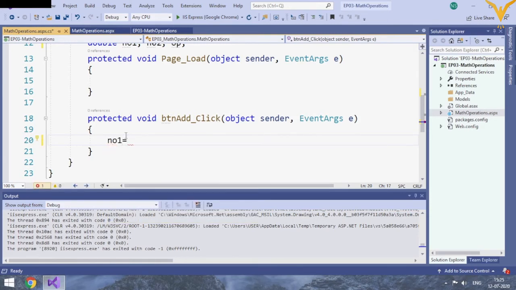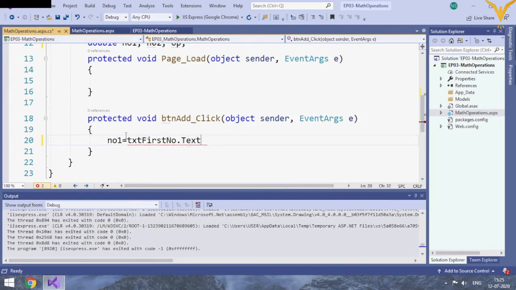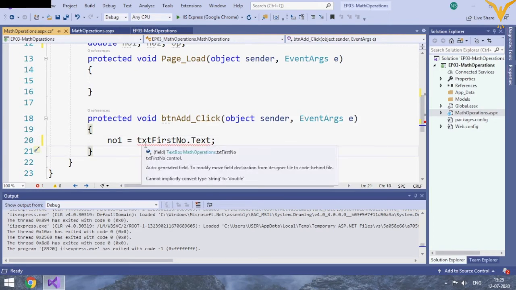So I have assigned number one to text first number dot text. That means whatever we have entered in text box first will get assigned to number one, but we are having a problem because we cannot convert the string to double directly.